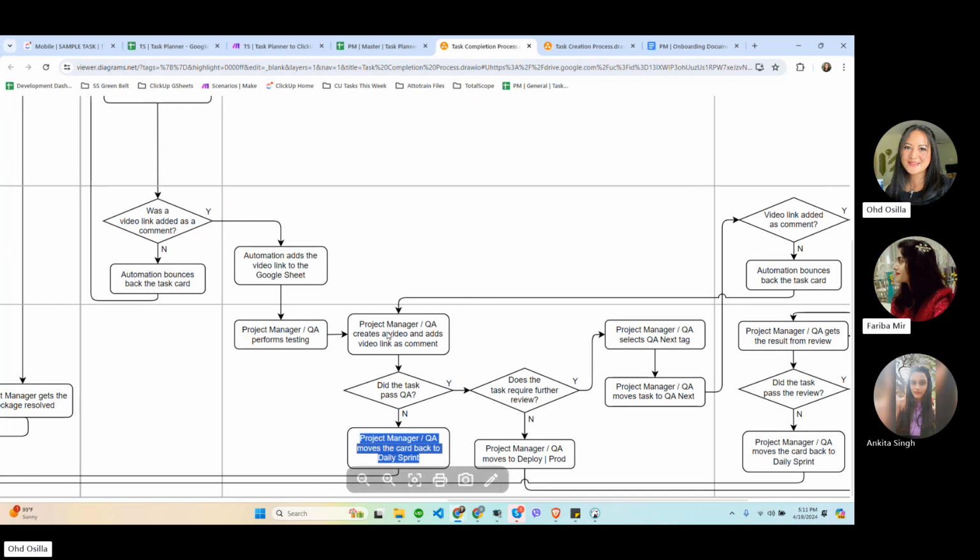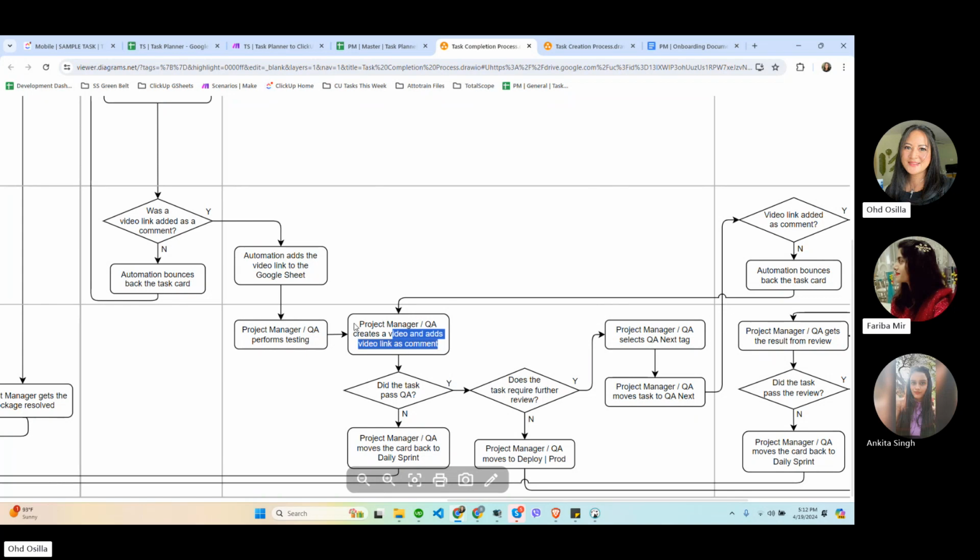However, the QA also needs to add a video link. Regardless of whether the changes, fix, or new functionality pass QA or not, in both scenarios we need the video link to show that QA was done.